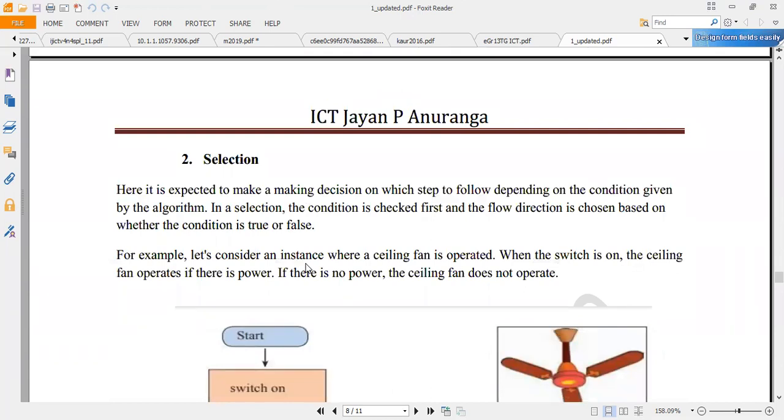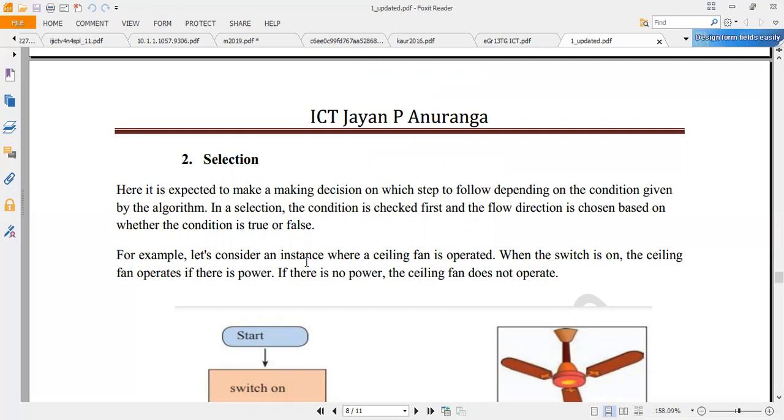Then the next one is selection. In a selection, there is a condition. When the condition is satisfied, there is a new flow, and when it is not satisfied, there is another separate flow. Here it is expected to make decisions on which step to follow depending on the condition given by the algorithm. In a selection, the condition is checked first and the flow direction is chosen based on whether the condition